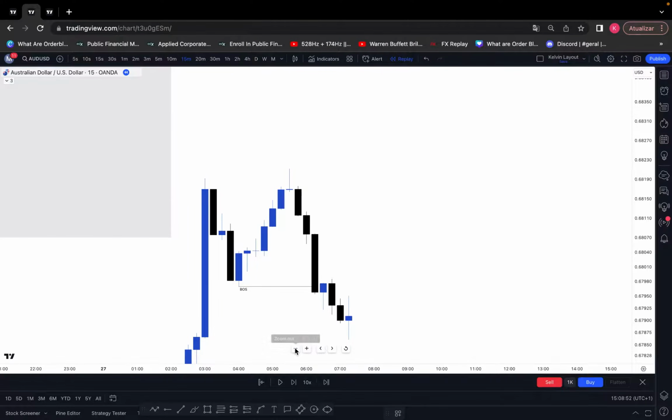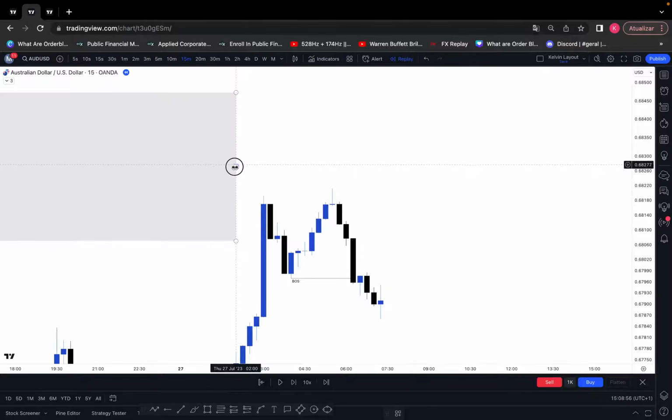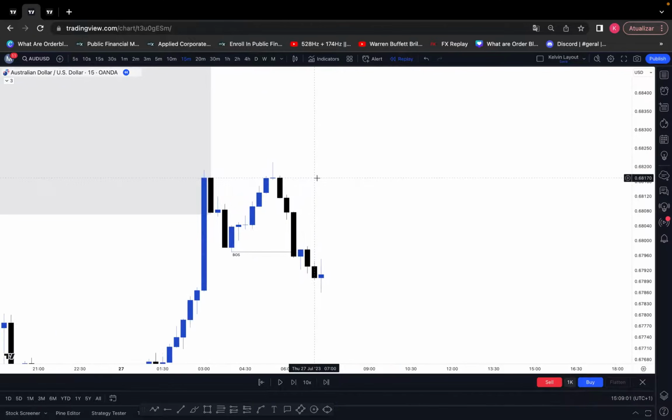So this is that scenario that I mentioned on the previous EUR-USD case, that if the first break of structure is not clean, wait for price to give you the second. On this scenario right here, we have a very clean first break of structure. So this right here is my limit order. We can set a limit order right here,